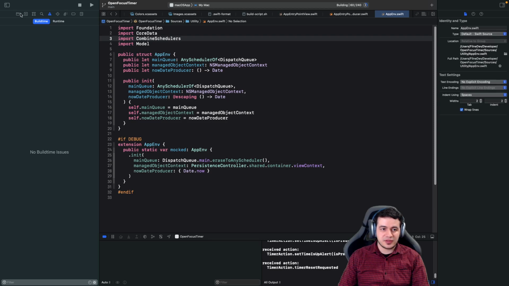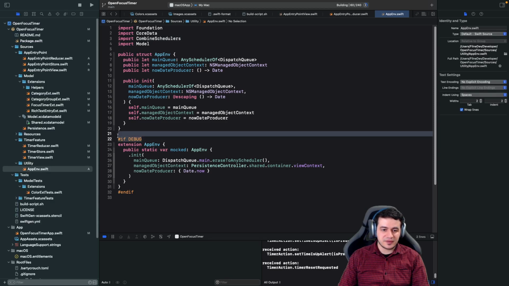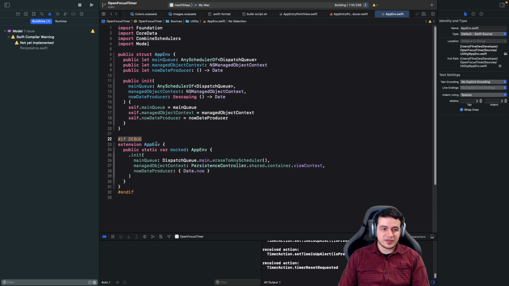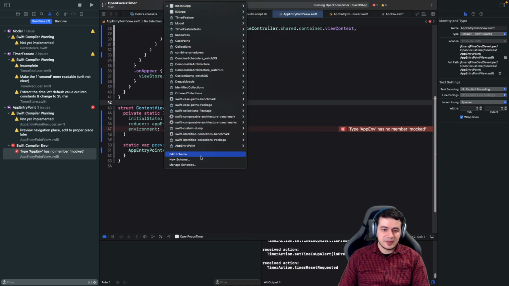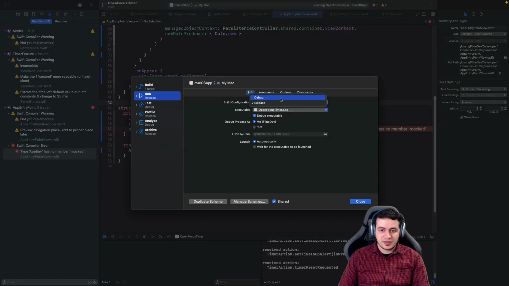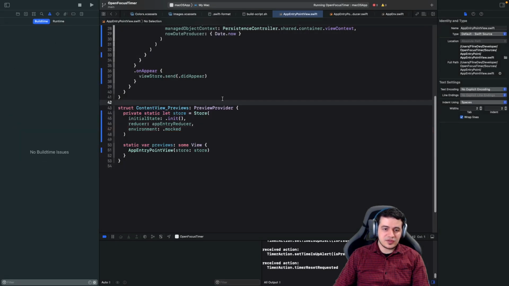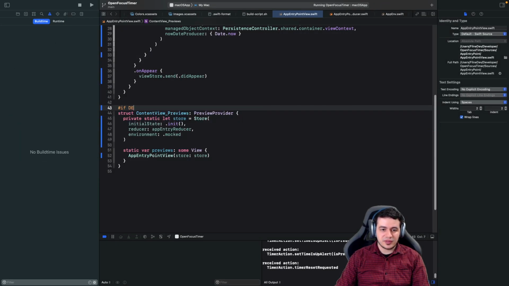I'm expecting it to fail due to this if debug in the app.env, and I'm accessing the app.env in a place where actually I'm not in a debug mode. Yeah, has no member mock. That's exactly what I was expecting, so everything is working as expected. Now I can go back to debug, and I just need to make sure that I also put if debug